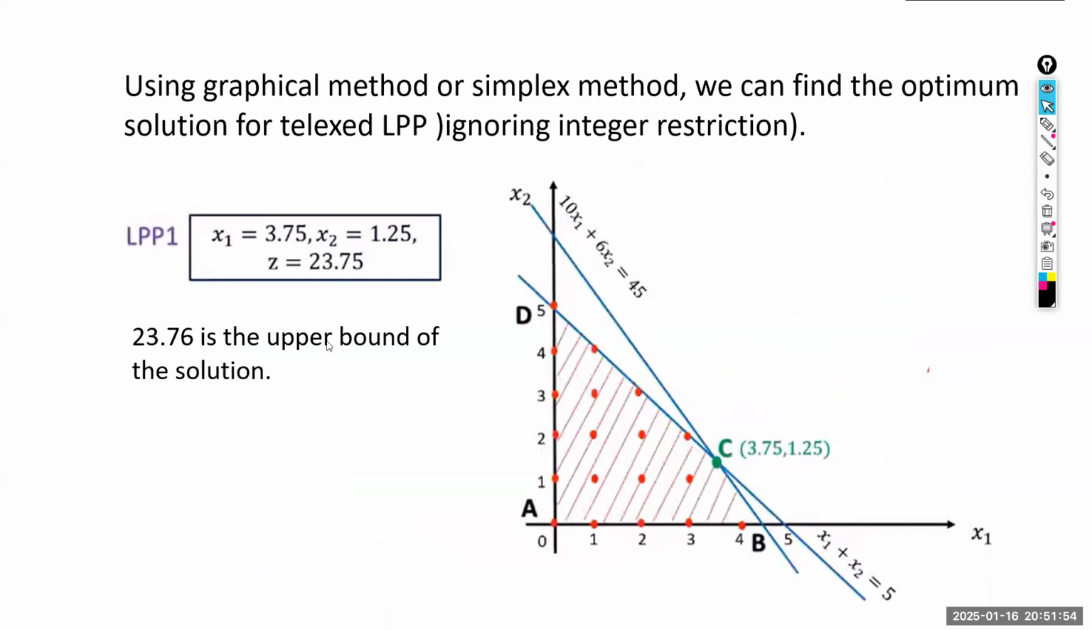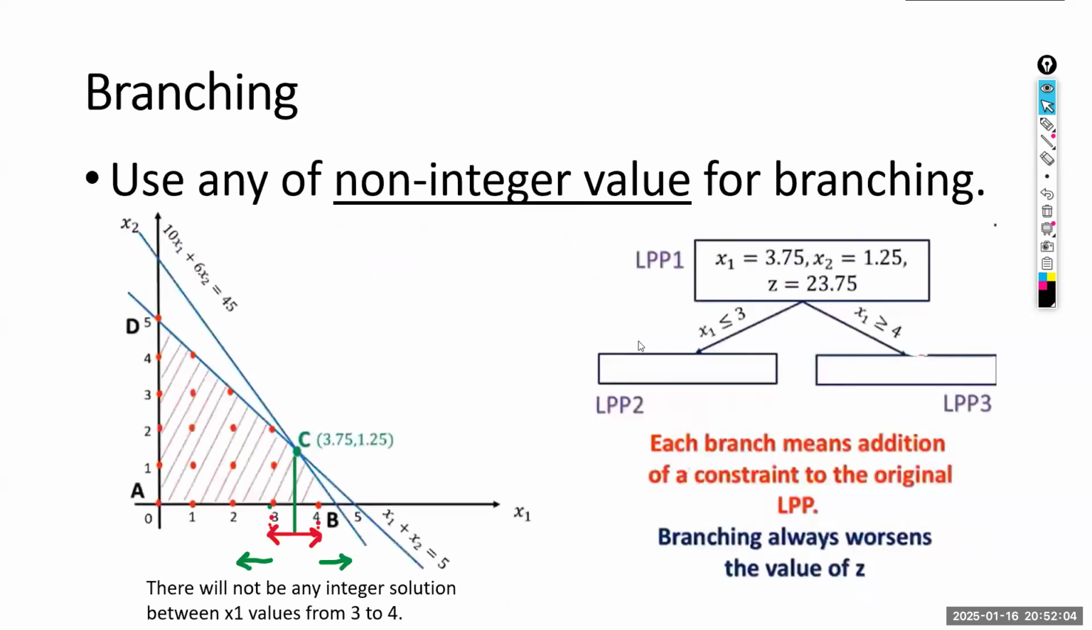But definitely our integer solution is going to be less than or equal to 23.75. In this case, less than, because these are not integers. So now you have the two branches, less than or equal to 3, or greater than or